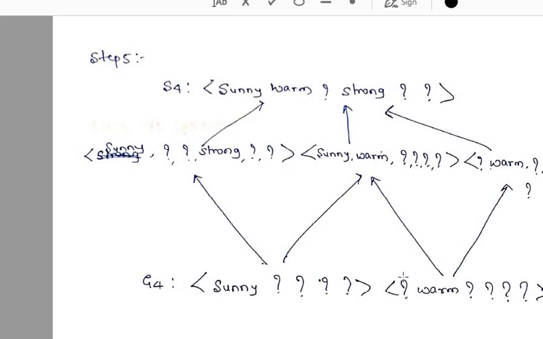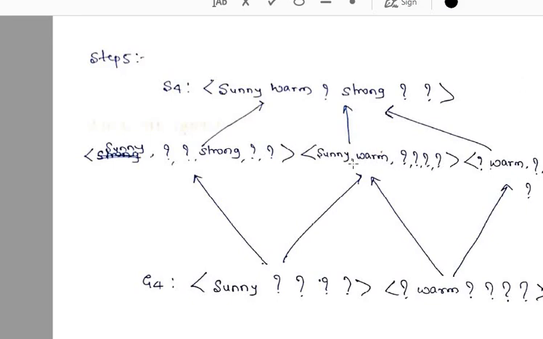So now we have four examples, and we have got all those examples with the specific as well as the general boundary. Now what you have to do is compare the general with the specific value. First we will take the specific with general and see what the result is. Here it is sunny, here it is sunny, so first we will write sunny. Here it is warm, here it is question mark. Now we will replace this question mark by the specific value, that is warm.